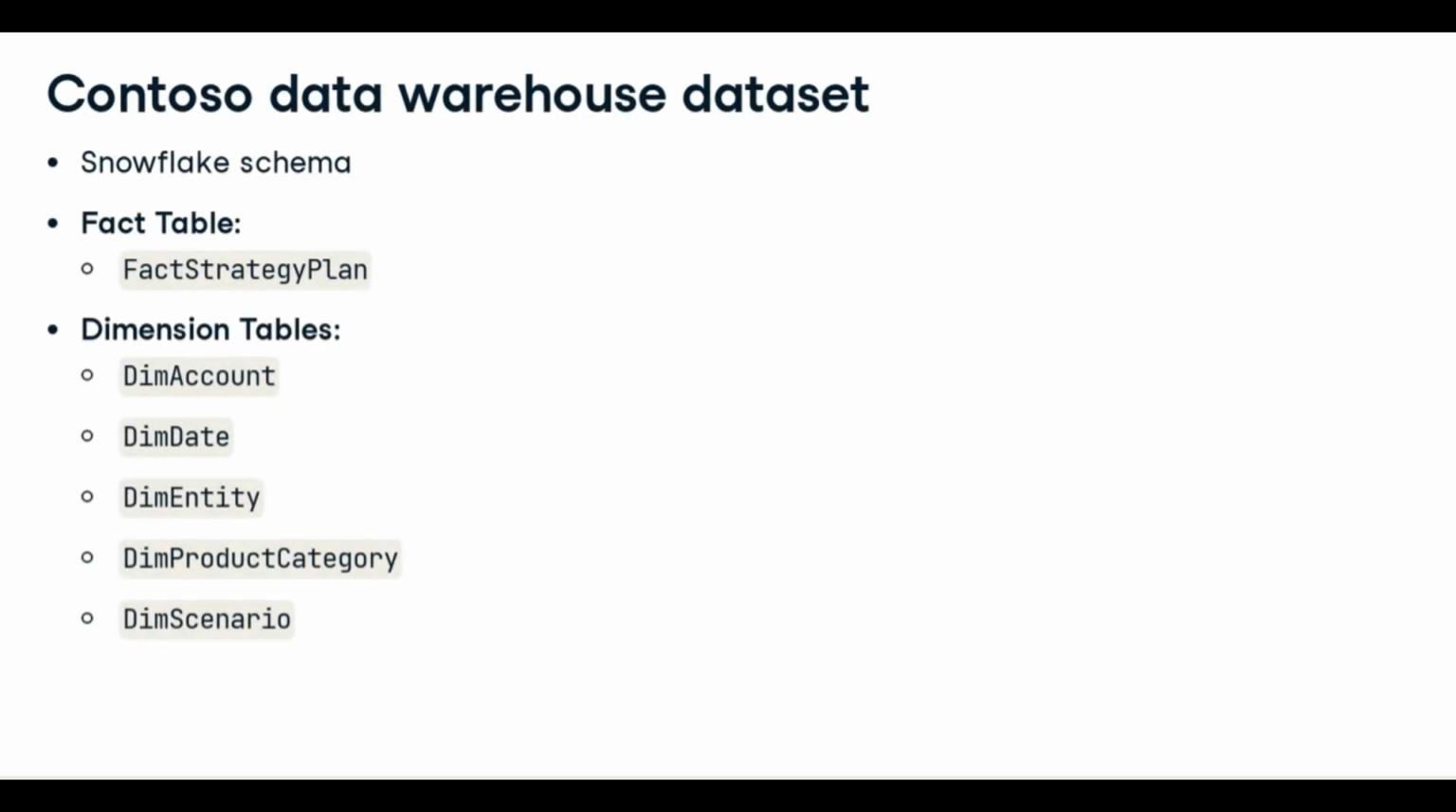Just like in the previous chapter, this dataset is made up of multiple files. This time around, the fact table is called Fact Strategy Plan, and it contains data on the sales transactions of the company. The dimension tables hold more information about these transactions. We'll work with the account, date, entity, product category, and scenario dimension tables. Let's see